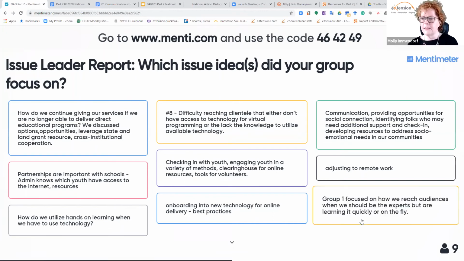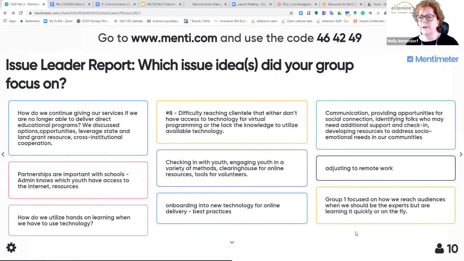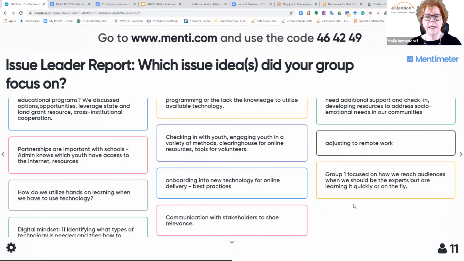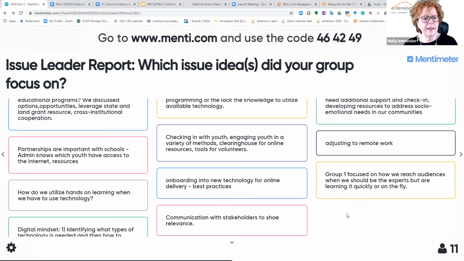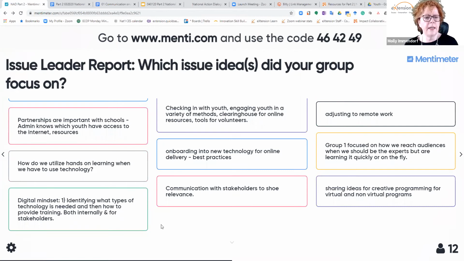Let's see, group 1 focused on how to reach audiences. When should they be the experts, when they're learning it, or when should we be the experts, when we're also learning it quickly and on the fly. Yeah, I always think, just be a couple steps ahead, right? And we've got communication with stakeholders, and I'm guessing that's to show relevance, not about entering a new realm of shoemaking. Let's see, digital mindset, identifying what types of technology are needed and then providing that